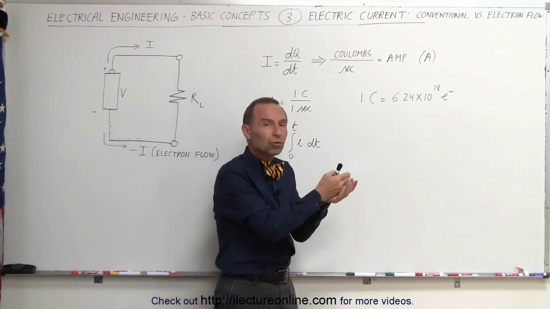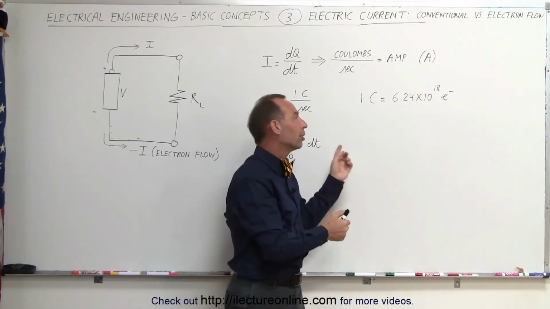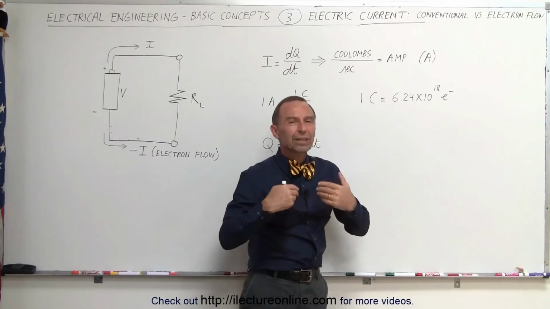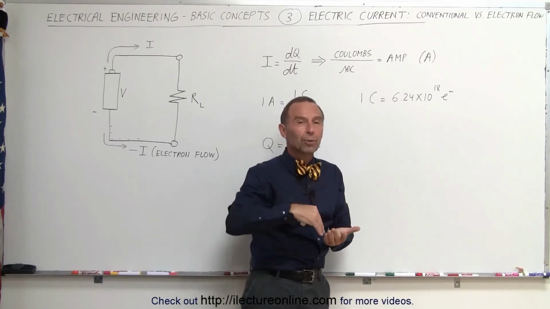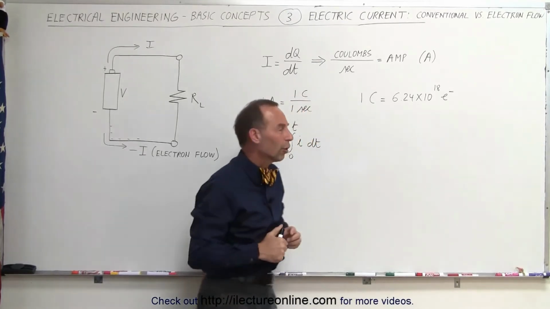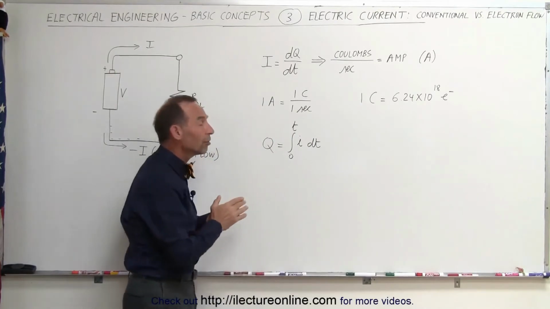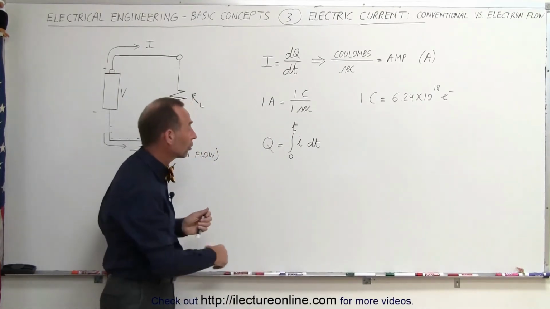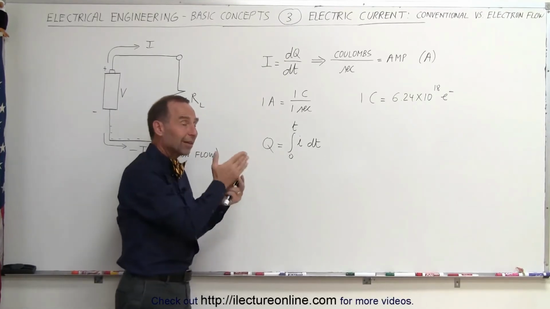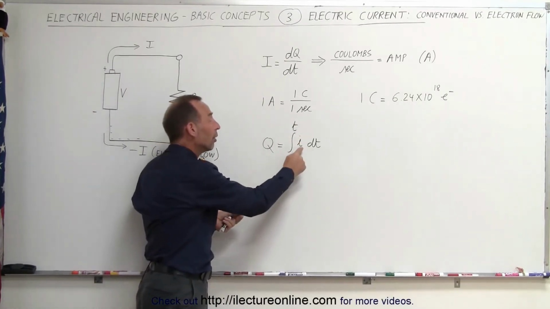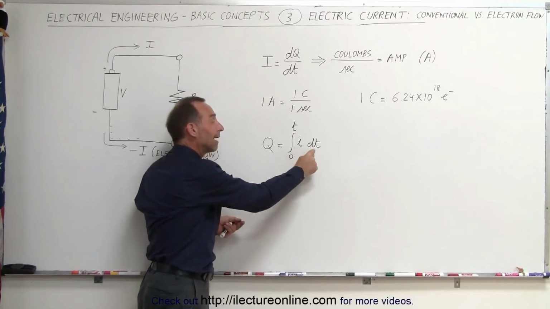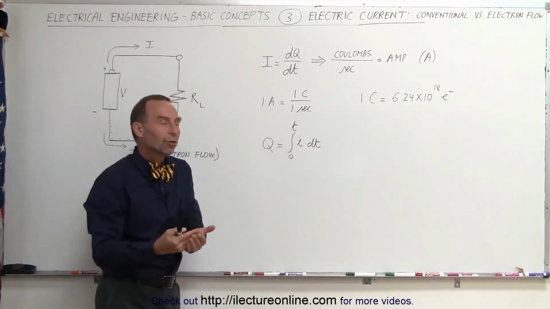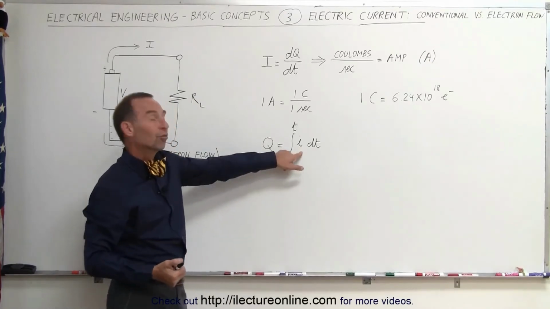Therefore, we call an electron charge a single charge, and a coulomb has 6.24 times 10 to the 18th of those. Again, we think of coulombs as positive, we think of current as positive charges flowing. Finally, if you want to calculate how much charge has gone past a certain point in the circuit, the charge that is past that point is equal to the integral of the current at that point times dt integrated from 0 to t. So how much current has flown over a certain amount of time,